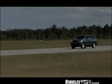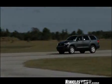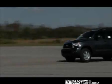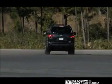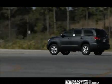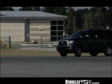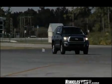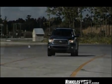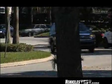In terms of the ride, this second generation Sequoia is built on an all-new platform with four-wheel independent suspension for smooth ride and sure-footed handling. And even though it's big with an overall length of 205 inches, the Sequoia has a very tight turning radius of just 23 feet measured from the inside wheels, which is great for those tight parking situations. As far as actual fuel economy is concerned,